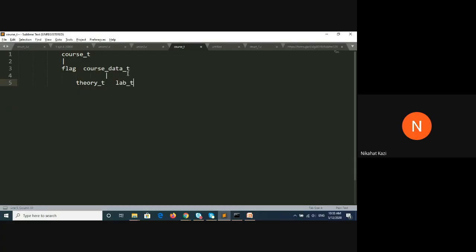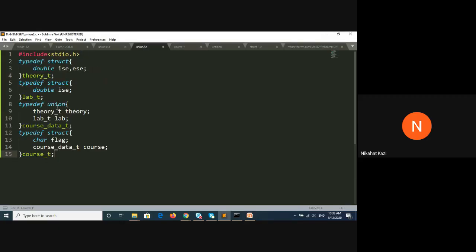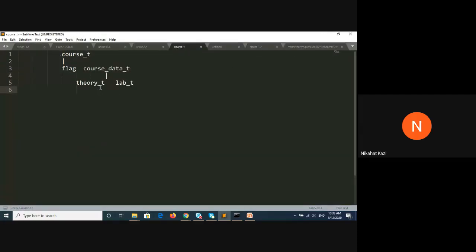Okay. So course data type is having theory type and lab type, and theory type is having ISE, ESE. Fine. So ISE as well as ESE, and this lab T is having only ISE. So this is the tree. Okay, this is a tree. So course T is a structure which has two components.